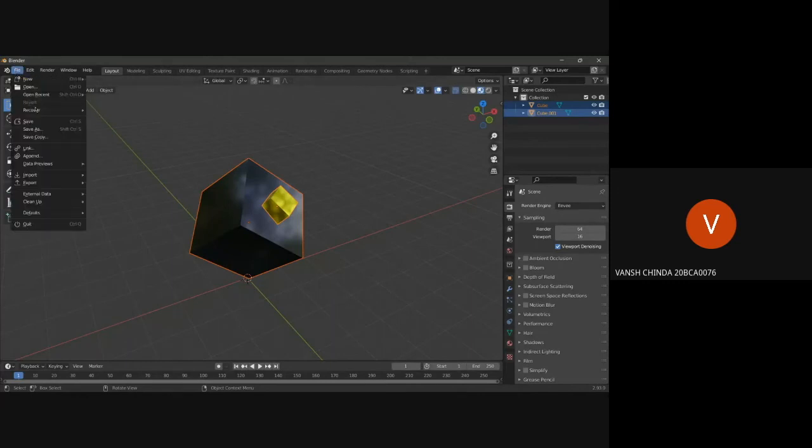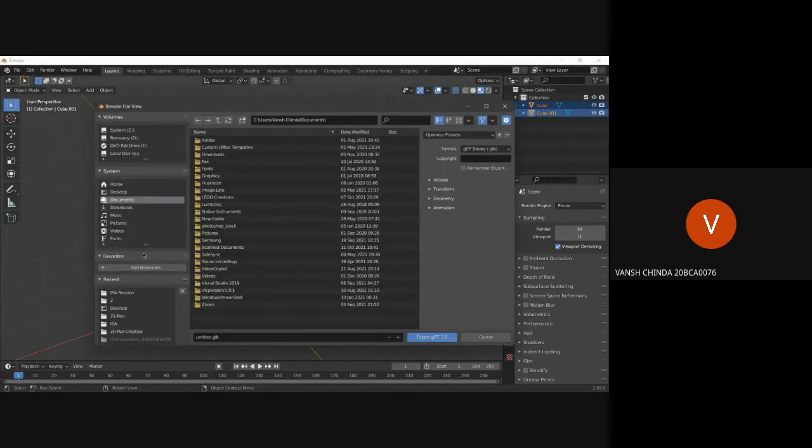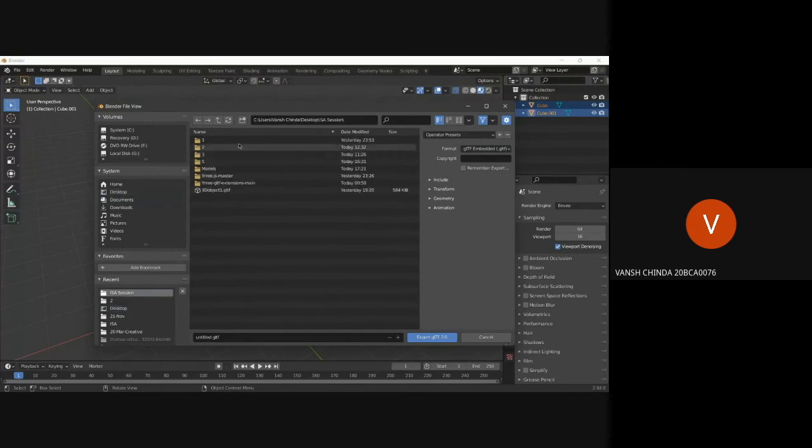For now, we'll export it in GLTF. You'll see here, there's the GLTF export button. We'll export GLTF embedded. You can learn about these two a lot more. I have added links to 3JS courses as well. But for now, let's keep it to GLTF, and let's save this on the desktop.